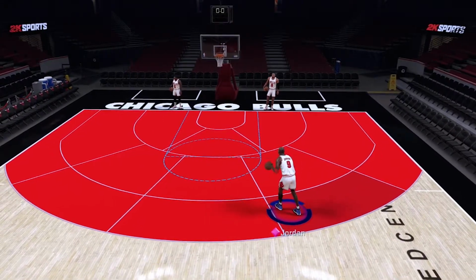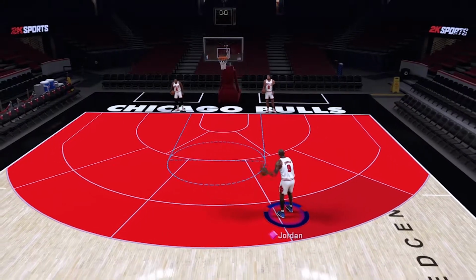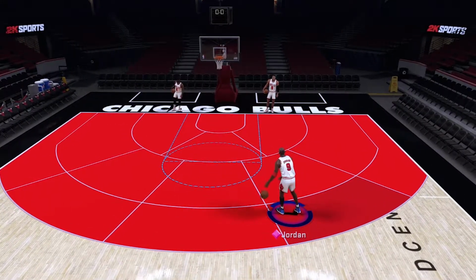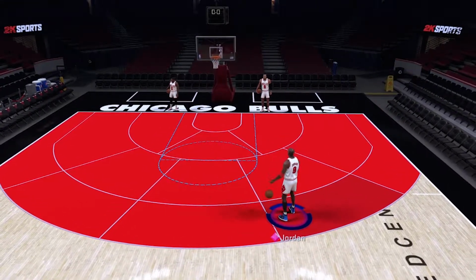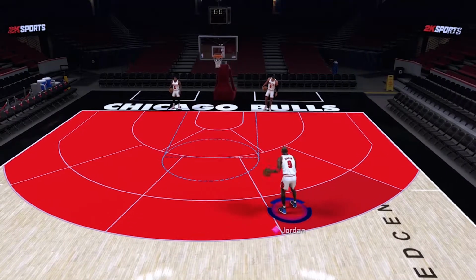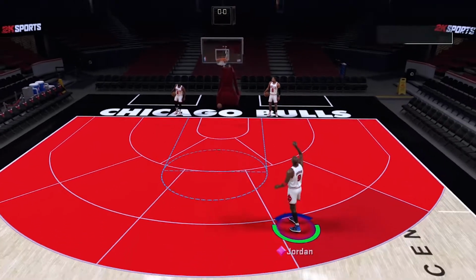Today, I have the Pink Diamond Jordan in freestyle mode, one of the most sought after cards attainable in the game. Charles Barkley is too, but people are more Michael Jordan fans, so I think people get hyped over this card more than Charles Barkley. And you gotta collect too many bad cards anyway to get that collection. But anyway,